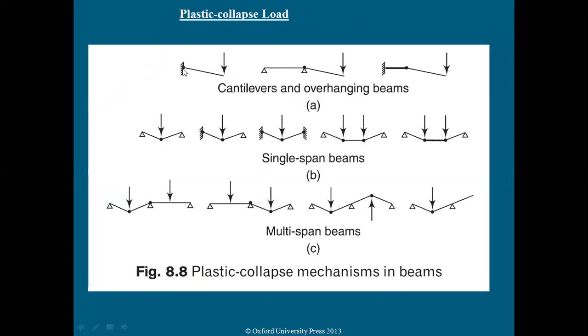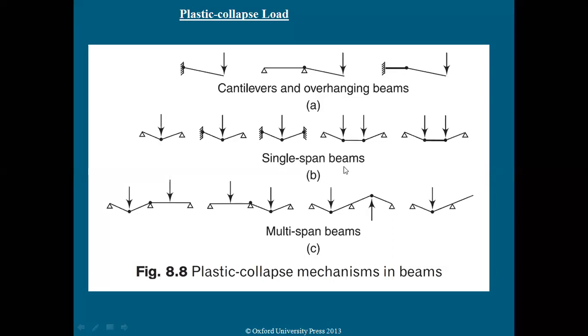See, if you take a cantilever beam, due to concentrated load, the hinge will form at its support. That means due to maximum load, there is a possibility of failure at the joint, because this is the point where the resistance takes place. In the cantilever overhang beam, again this is the point where the plastic hinge forms and the first collapse takes place at this particular support. And if you see another cantilever, which has two spans, there is a possibility of a plastic hinge here in the cantilever member.